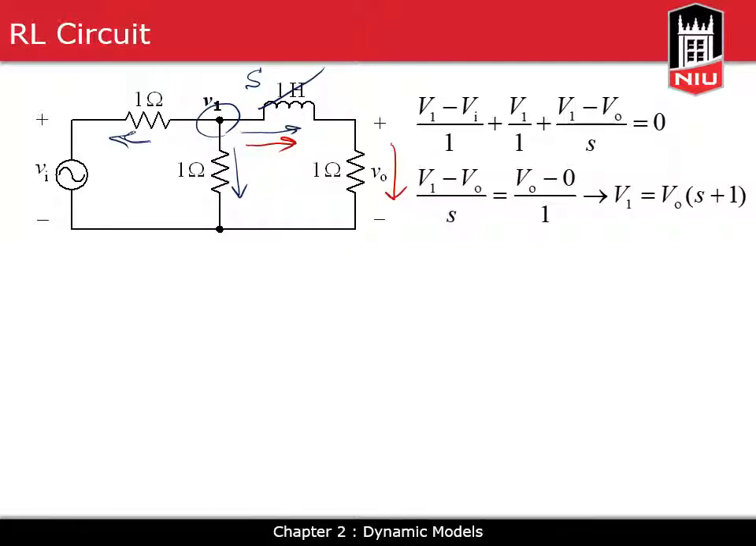The first one over here can be obtained as V1 minus VO over S, this right here. The second one can be obtained as VO minus 0 over 1. These two have to be equal. This will give you the same result as if you write a KCL over here at this node. Anyway, that gives you the second equation. Very easily, you can get V1 from the second equation as VO times S plus 1. Now we can replace that into our first equation